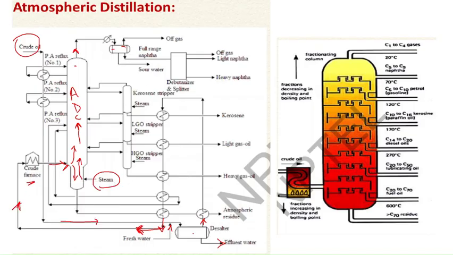So this lighter portion separates again here, condenses here again by giving off the off gases. These are the non-condensable gases, as I told, the off gases, and the lower portion, which consists of the full range naphtha, is again sent to a debutanizer and splitter. What happens here? It separates the lighter and heavier naphtha portion. Debutanizer is basically separating the butane C4 cut.